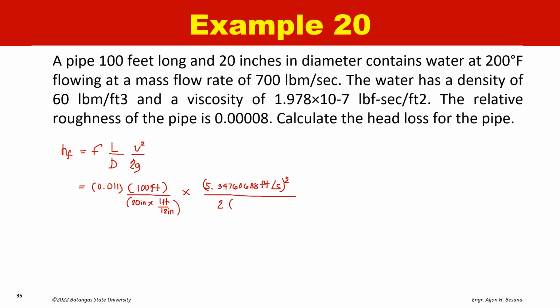times our gravitational pull, which is 32.2 feet per second squared, 2g. And simplifying, we have, therefore, calculating or putting it in our calculator, our head loss due to friction, or our frictional head loss, is simply equal to